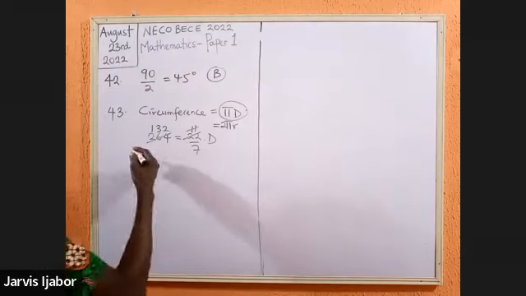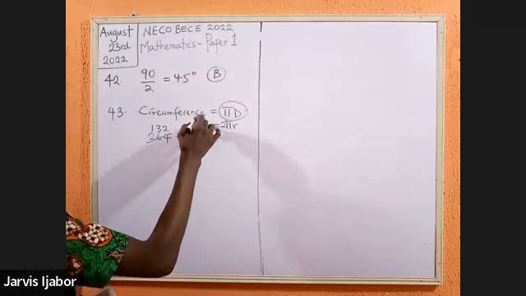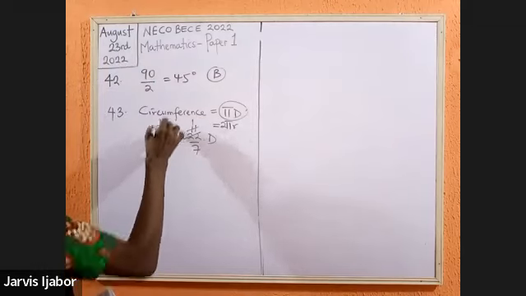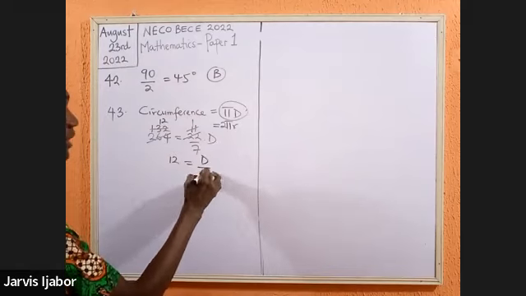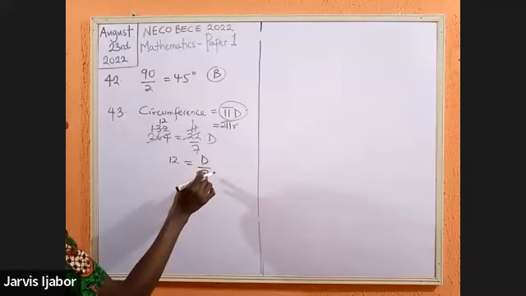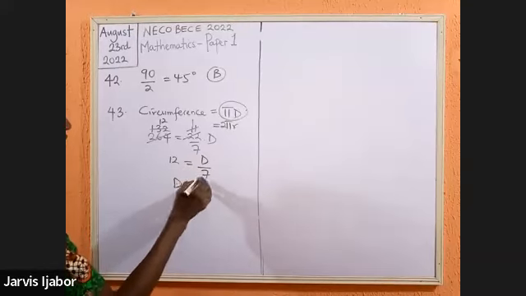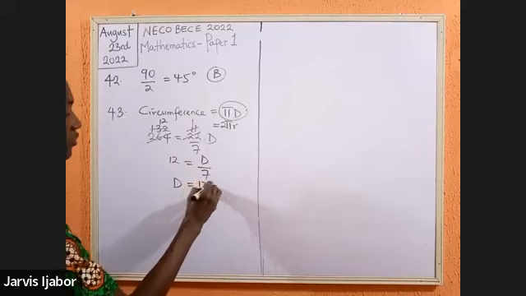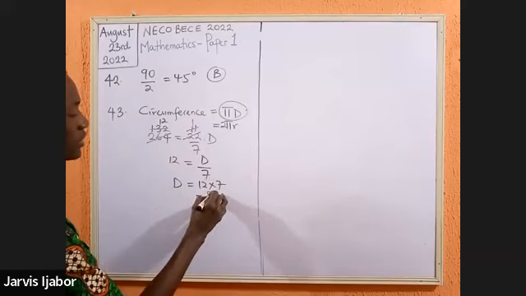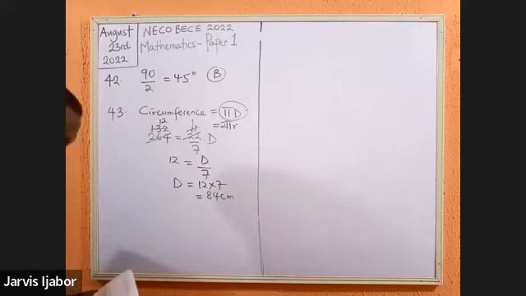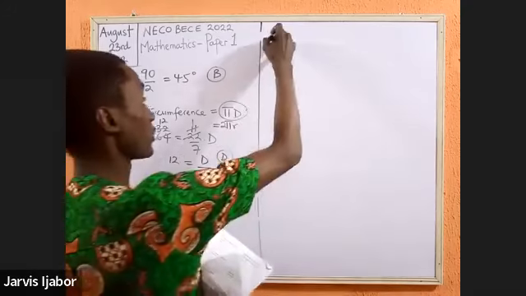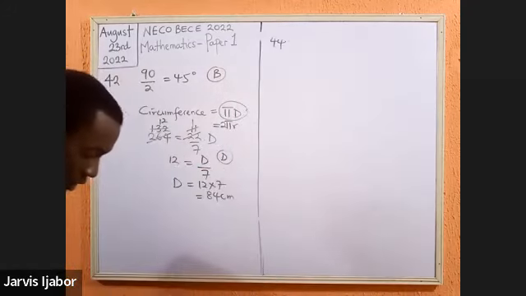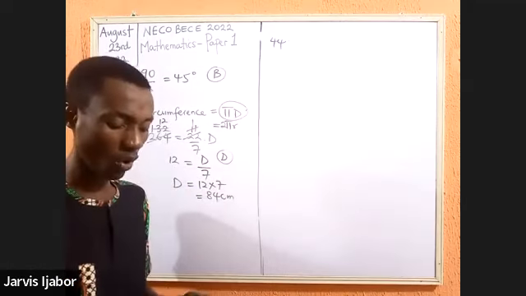Right? So 11 go here 1. 11 go here, I'll have 12. So if 12 is equal to the diameter divided by 7, if 7 is dividing d, it means that 7 will multiply 12. And the answer becomes 84 centimeters. 12 times 7 will give you 84 centimeters. So that option will be D. Question 44. The sum of the interior angles of a